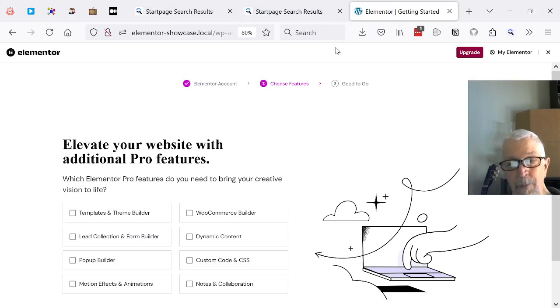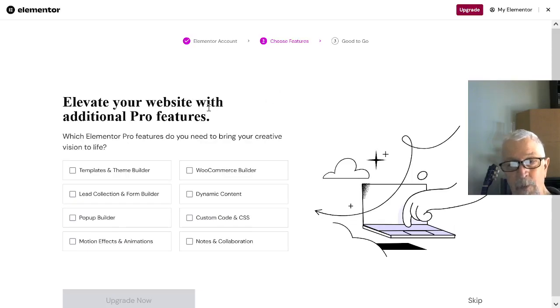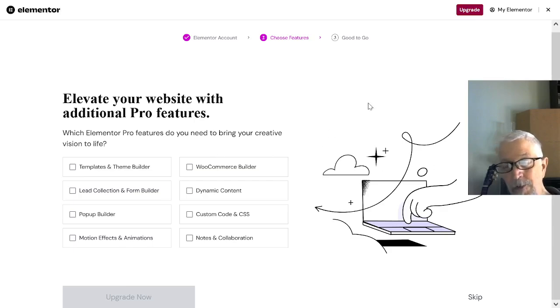And then it comes up with elevate your website with additional Pro features, which, as you're using a lot of free things, you always see little notifications saying you can get more services from them by paying them money. So that's basically what this is. We're going to skip this,